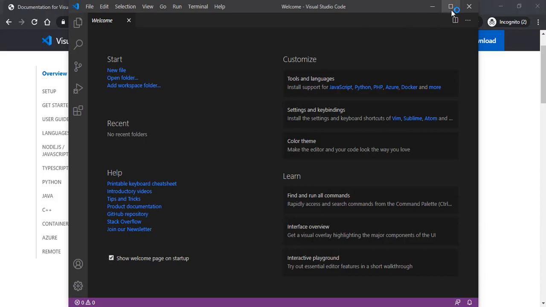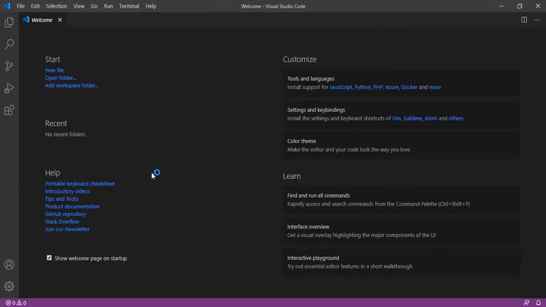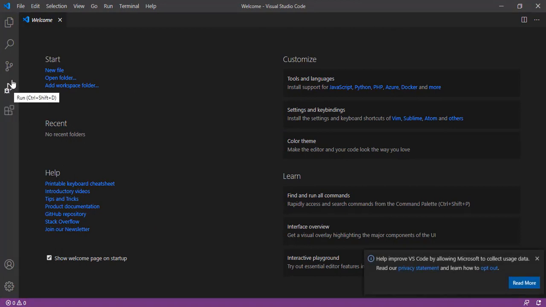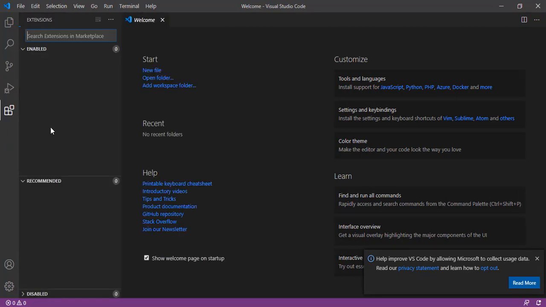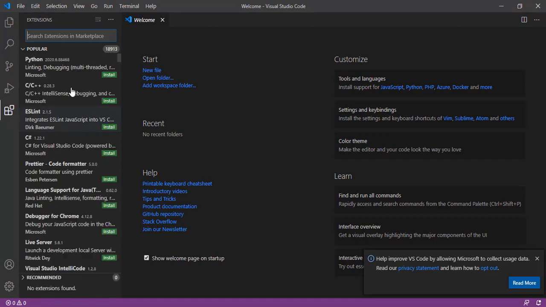The first step we are going to do is install the plugin. If you see in the left pane, the bottom icon which says extensions, that is where we find all the plugins available for Visual Studio Code. Since we are going to use this for Terraform, I'll search for the available Terraform plugins.